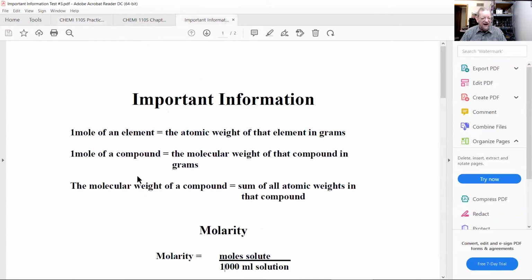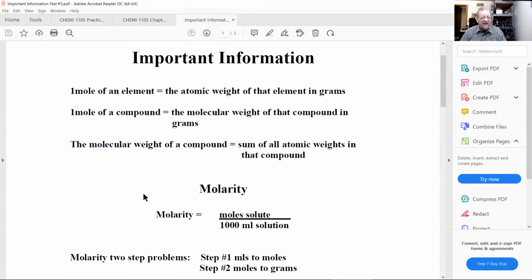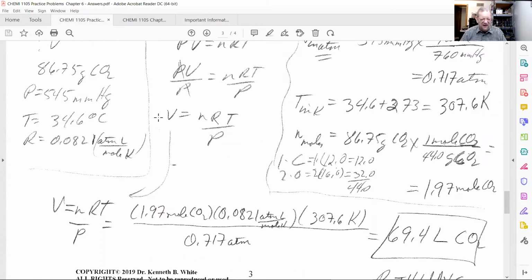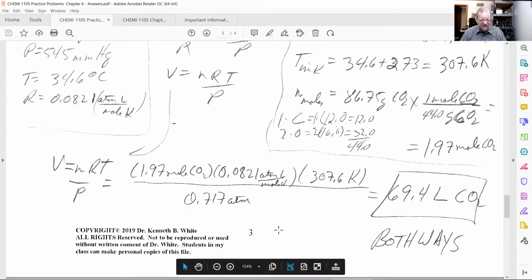And in case you forgot, if you look at important information, I give it to you. Am I nice or am I nice? Don't answer that. And temperature and pressure. And you notice moles divided by moles cancel out, Kelvin, Kelvin. Atmospheres, you're left with